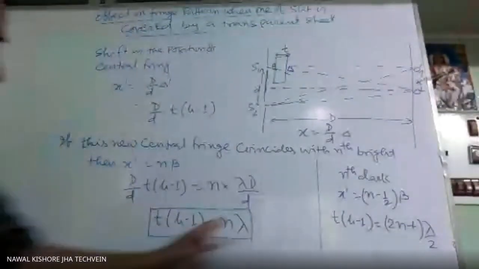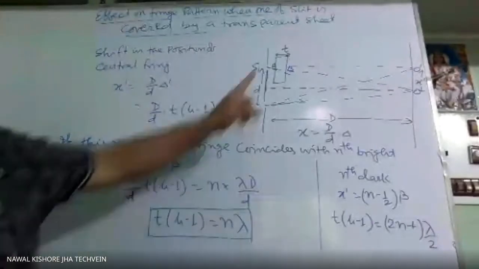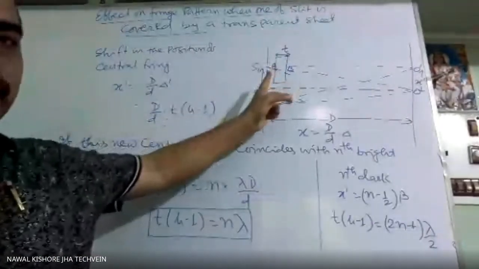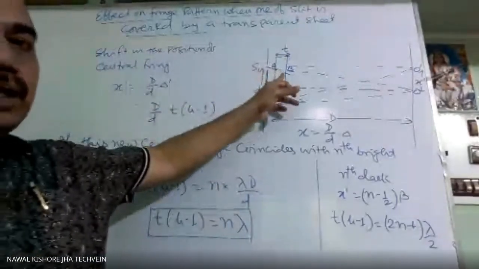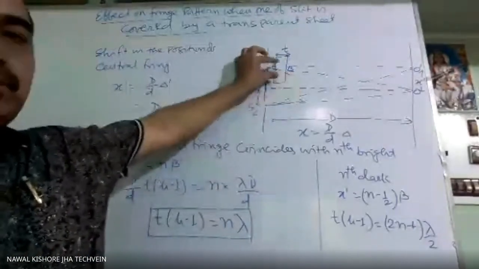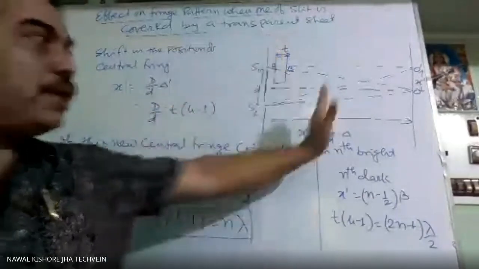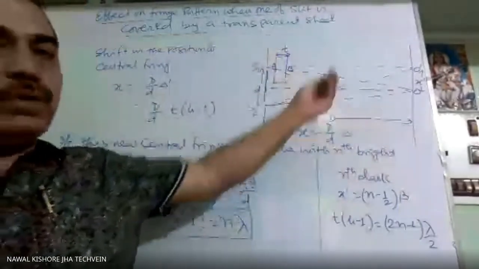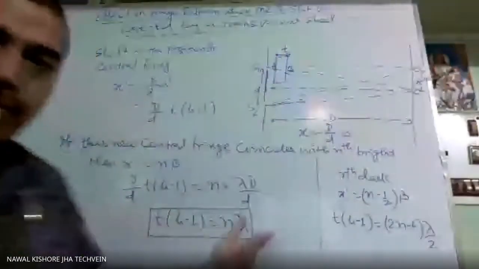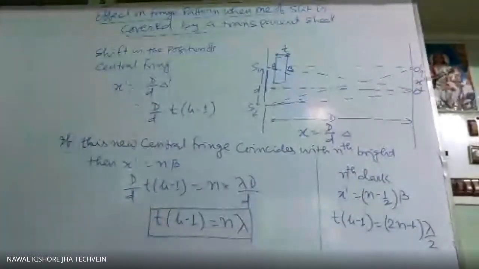Now this formula we have derived keeping in mind that there is no change in the intensity due to absorption of light here, means no light is absorbed. Then only we are getting dark and bright. If it absorbs light, naturally the intensity of these two will change. So we will not get perfect dark. There will be variation of intensity the same way, but perfect dark will not be there. Okay.